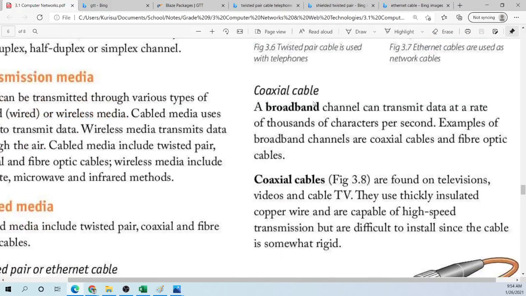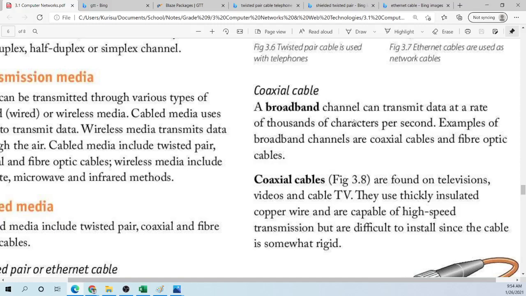So the broadband is basically a channel that will allow you to send multiple types of data. So in network, the data are characterized based on the type. So you have voice, you have video, you have normal data. So all of those different types of data can be sent across a broadband. So when you hear broadband, think of different types of data being able to send across that connection.